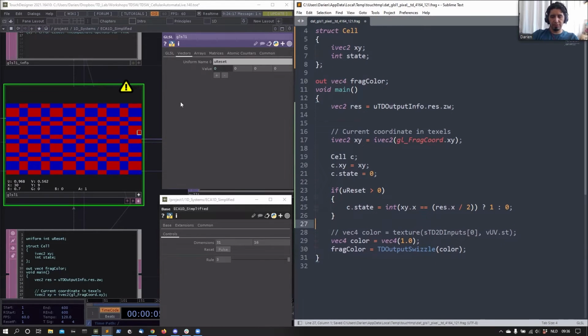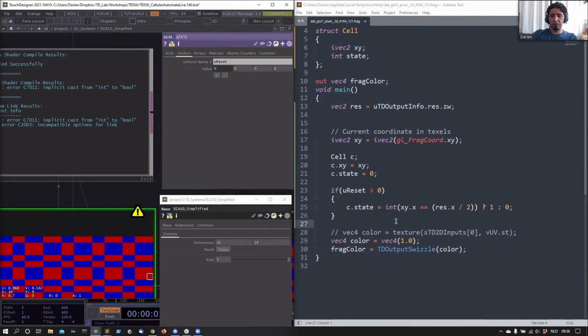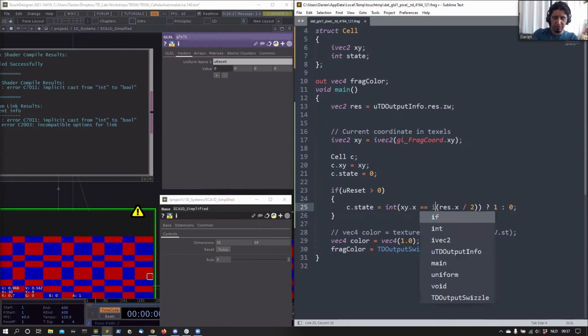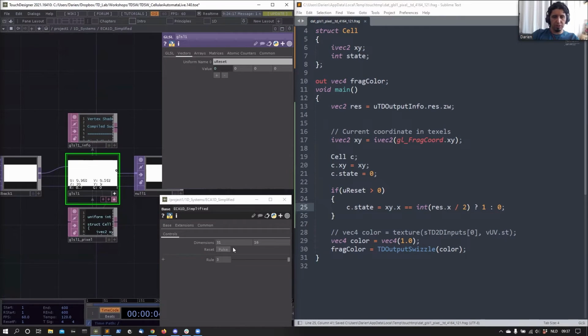If not, we're going to make it to be 0. Okay? So, okay, so there's an error here. It says here, cannot cast from int to bool here. So we cannot do this check. So this is a Boolean. So let's just do this. So this should be int like that. Okay, not this. All right. We don't need this time. My bad. Okay. So if we press reset,